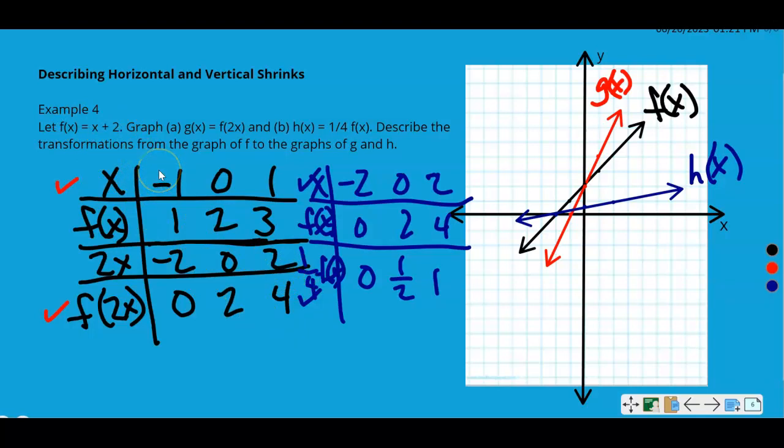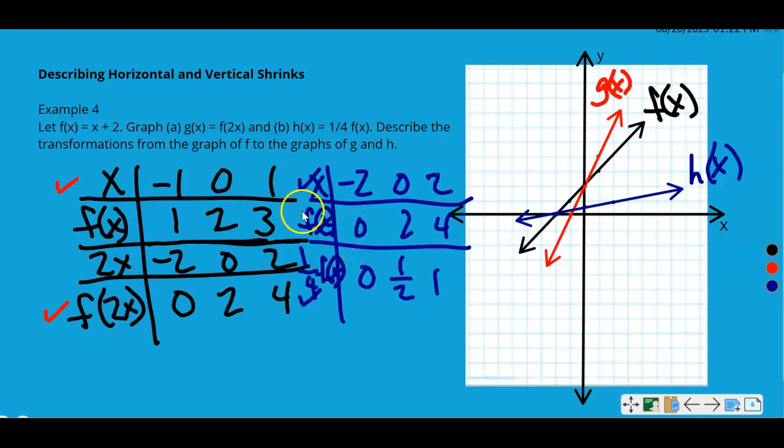So to get the red line, g of x, I had to take x and f of 2x, these ordered pairs from my table, to get the line in red, which is g of x. So check to make sure you have similar points that fit on your line. All right, B part says h of x, 1/4 of f of x. So again, I chose x's and plugged it in to get my f of x. This time I did end up with a fraction, but it'd be hard not to for this one. So 1/4 of f of x